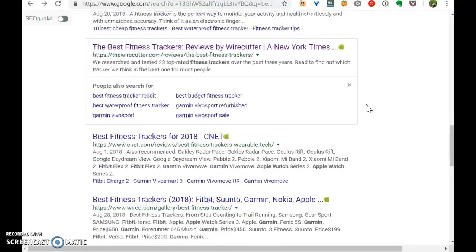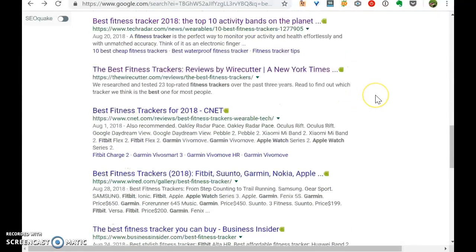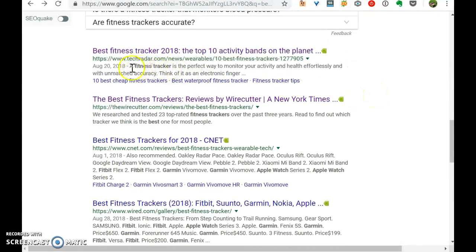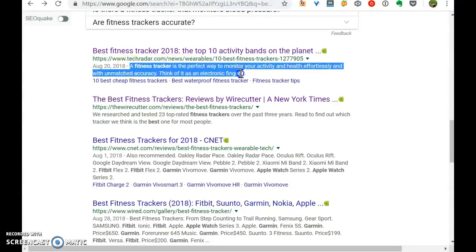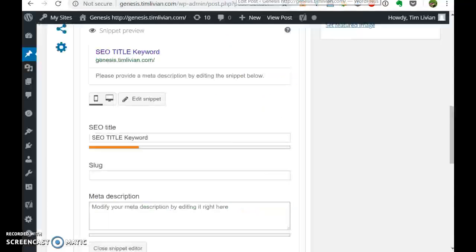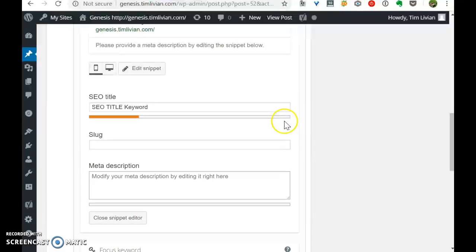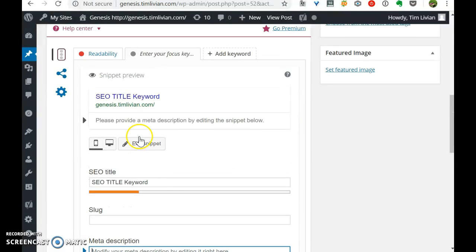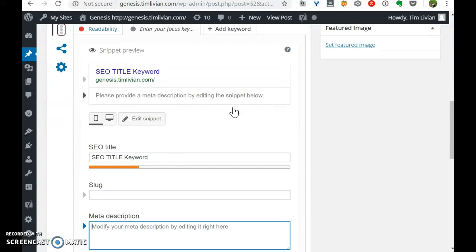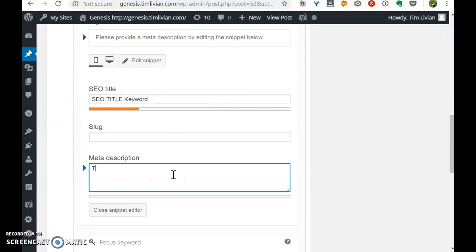They can modify it, sometimes taking little bits and pieces from the page depending on what they think is most relevant. But we still want to define our meta description, and within Yoast it is here, and it ends up underneath the SEO title. This would be the description.